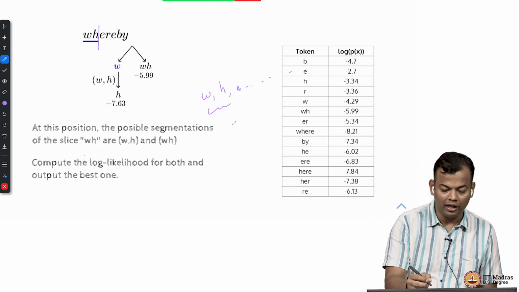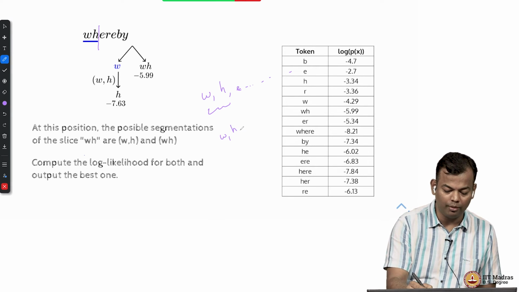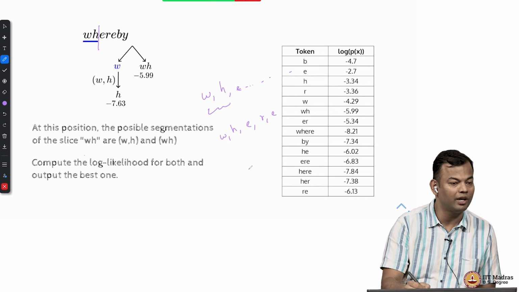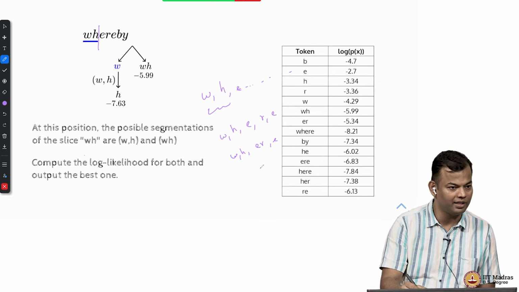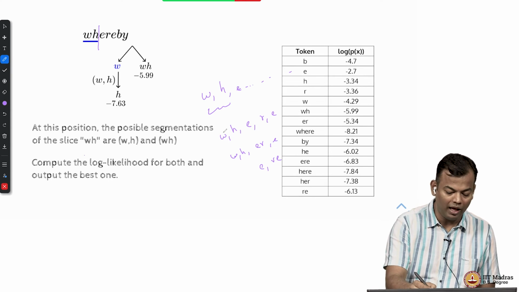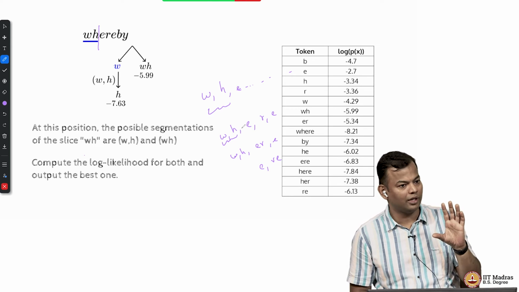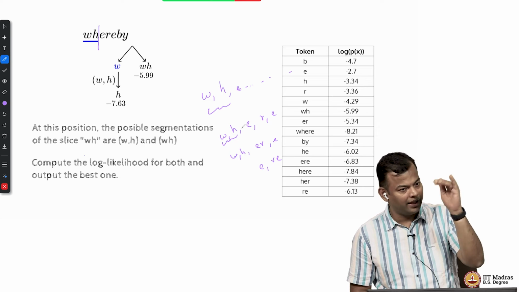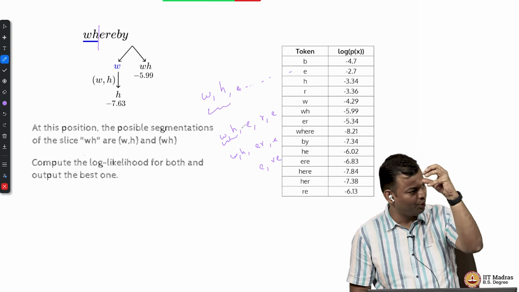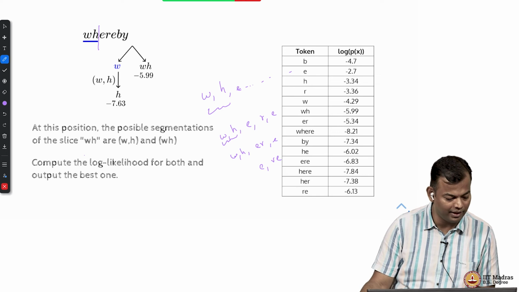Earlier I was listing all possible segmentations. In listing all of them, WH, comma, E, comma, R, comma, E would have been one segmentation, W, comma, H, comma, ER, comma, E would have been another, and E, comma, RE would have been another. But now I have eliminated this early: that sequence W, comma, H I am not going to extend at all, because WH is a better choice than W, comma, H. You see how now you are going to prune, and you are not going to enumerate all the possible options. So let's continue with this and see where we end up.